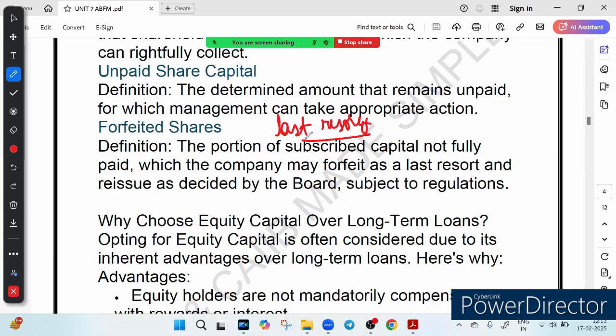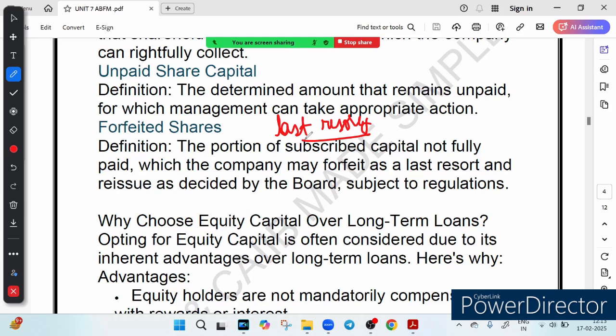So what we learned from this discussion is that share capital is how a business raises money from investors by selling ownership. So basically when the company is selling shares, it means the company is selling ownership, right? It comes in different stages, from offering shares to collecting payment. I hope it is clear.